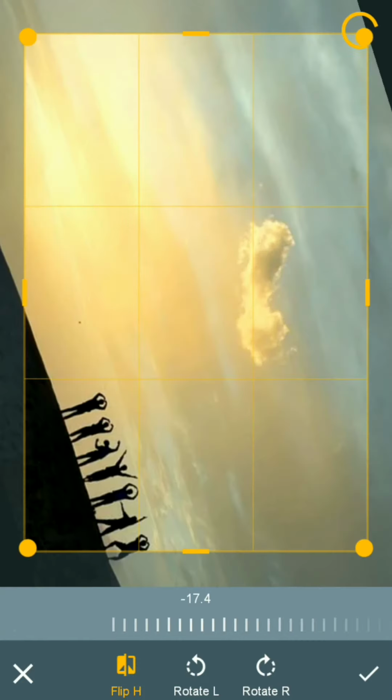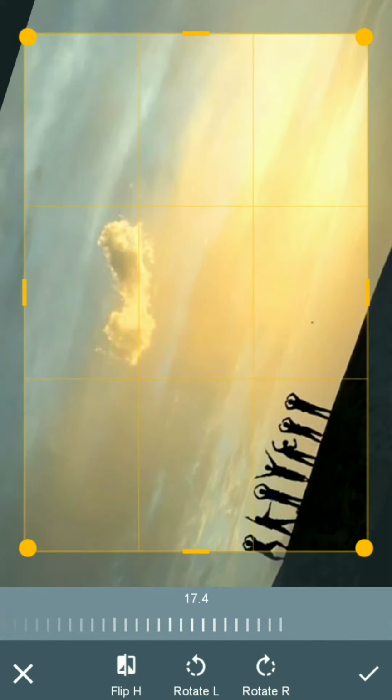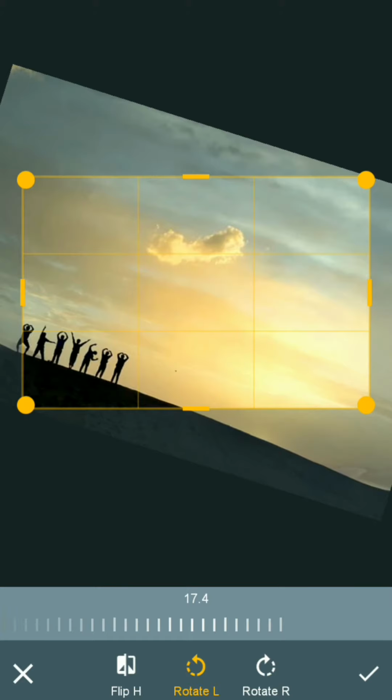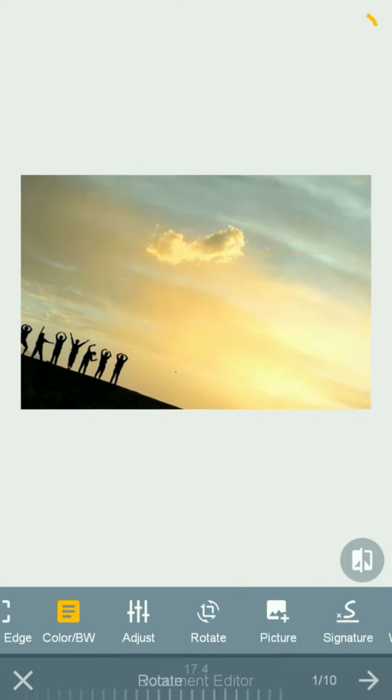You can even flip it horizontal or vertical, that is make its mirror image. If you want to rotate by 90 degrees, you can see here rotate right, rotate left. These options are there, and then I would save these settings.